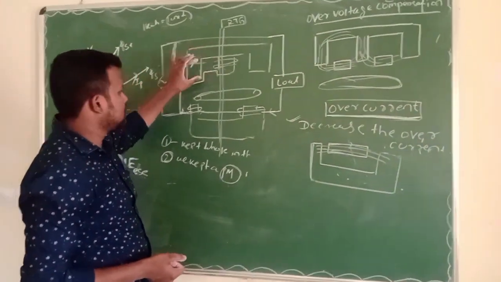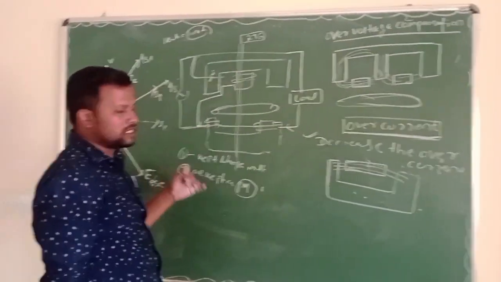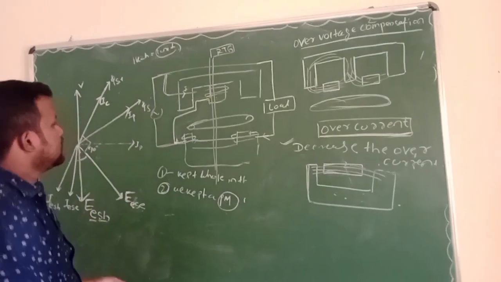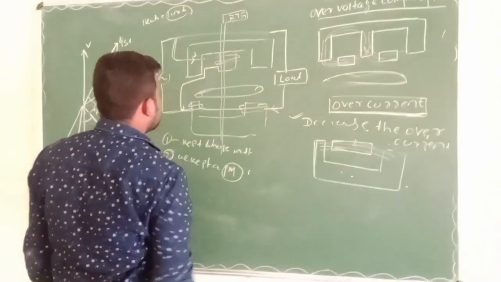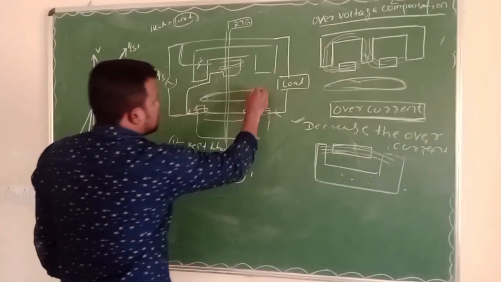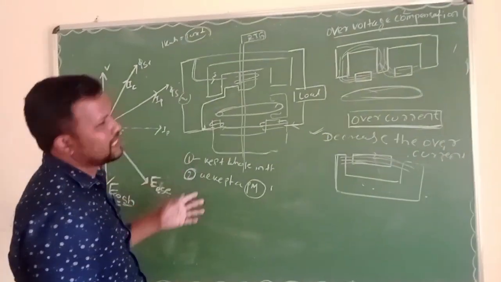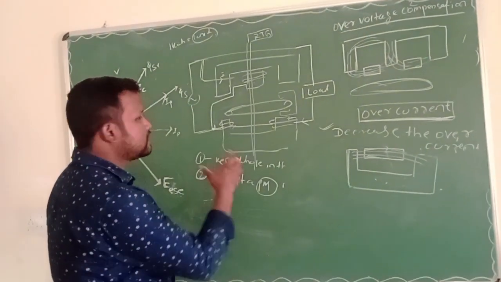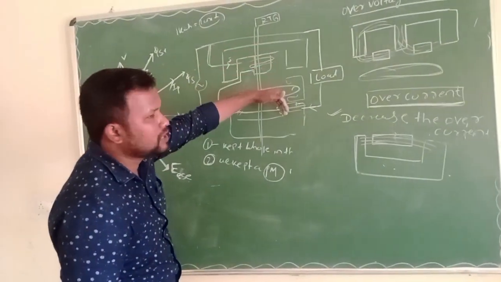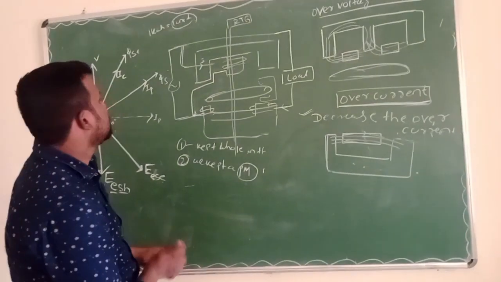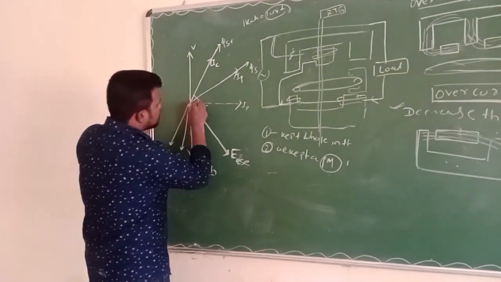It has more lag, that is, more inductive and less resistive. The series coil has more resistive and less inductive. The shunt coil should be kept in parallel to the supply, and the series coil in series with the supply. Here is the braking system. This braking system is provided so that if the disc is rotating at a faster rate, an opposite flux is set up and it is controlled. And here is the phasor diagram of this energy meter.